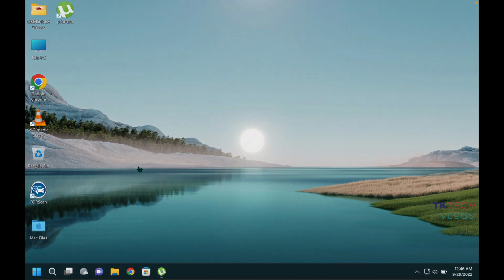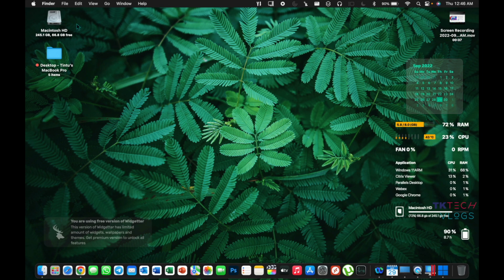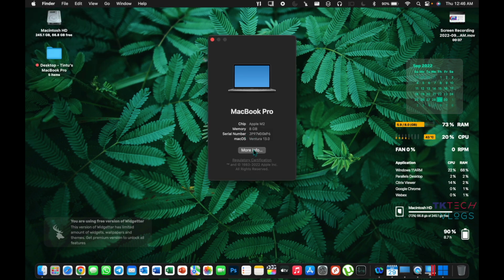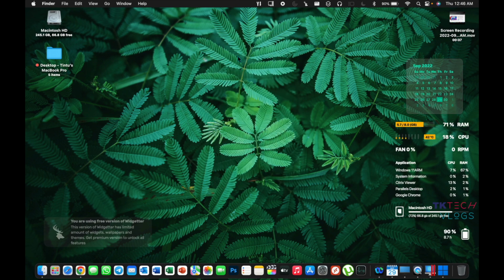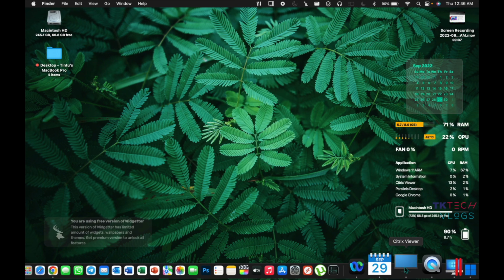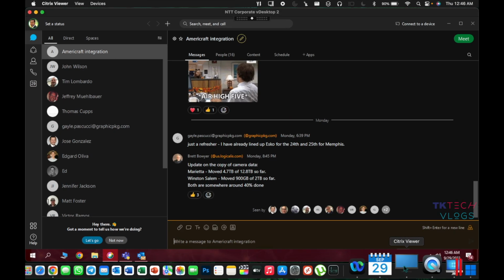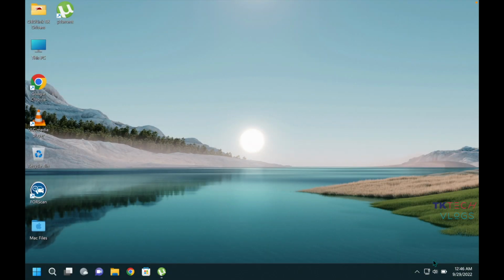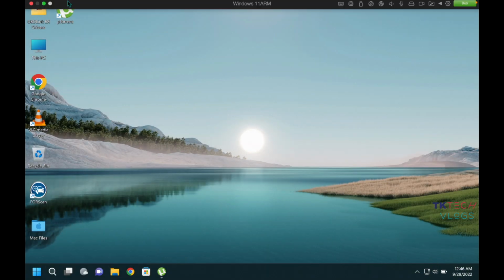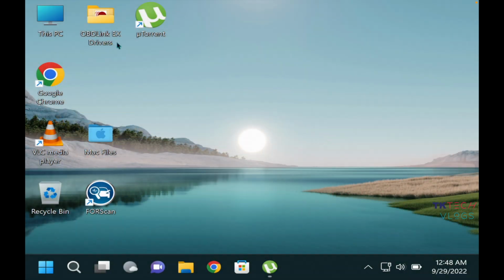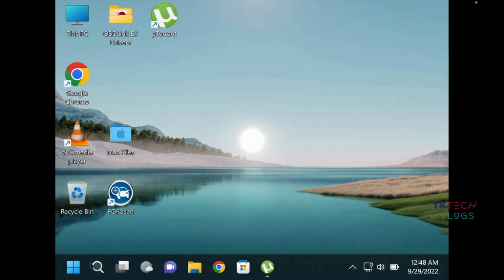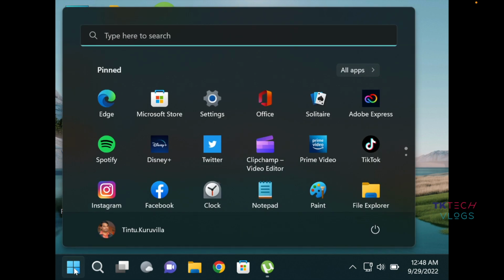So we just quickly bring back to the Mac and let's see how our MacBook is. It's the MacBook M2 2022 version and running 8 GB of RAM. So from there it's running pretty good. It's pretty nice. Now just shut down our Mac